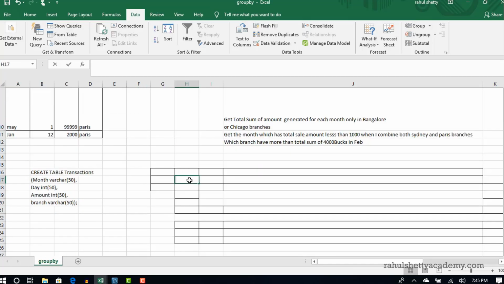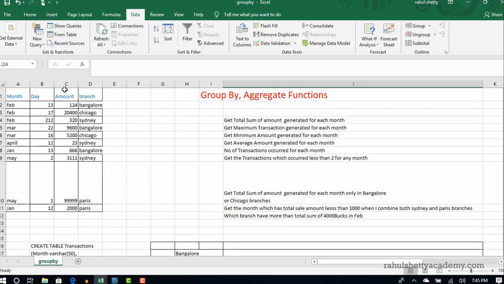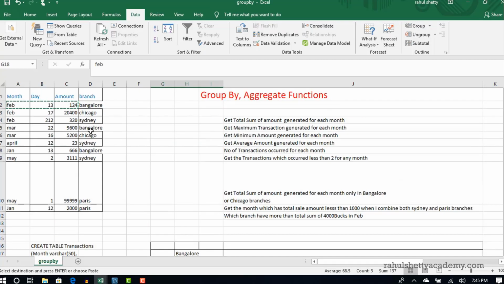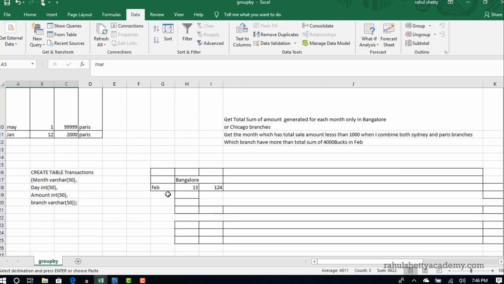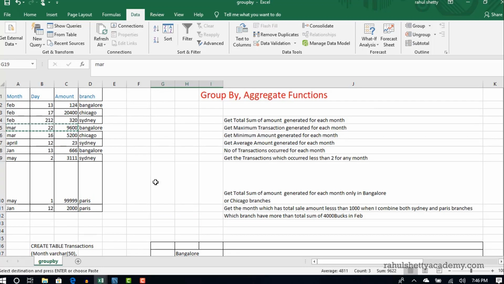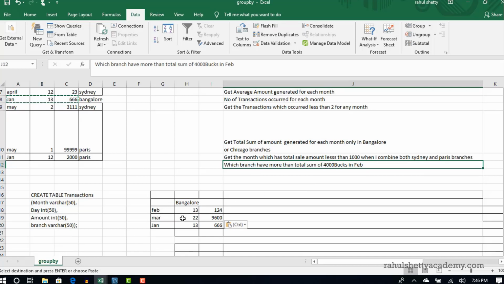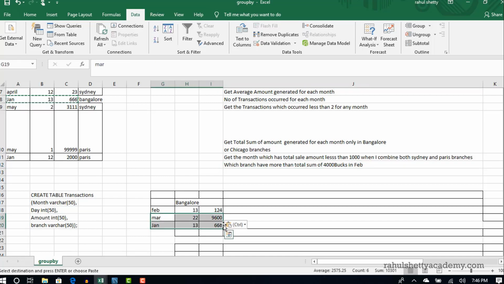This is on the Bangalore branch. This is one record and this is one record. If I explain like this, you will understand why we are using group by branch here. So in the Bangalore branch, you have 3 records. Okay, in the question, only February is being asked. So you should write the where clause first to eliminate these 2, so that group by will only pull February transactions on each branch.